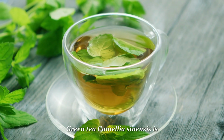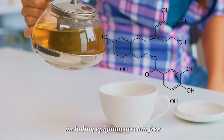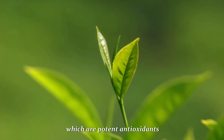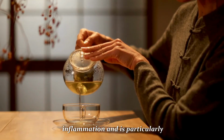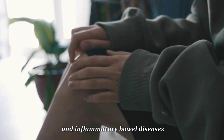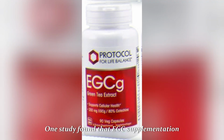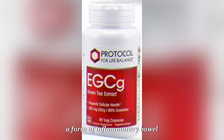7. Green tea. Green tea, Camellia sinensis, is packed with polyphenols, including epigallocatechin-3 gallate, EGCG, which are potent antioxidants. Studies show that EGCG can reduce inflammation and is particularly beneficial for inflammatory diseases like osteoarthritis, rheumatoid arthritis, and inflammatory bowel diseases. One study found that EGCG supplementation significantly improved symptoms in patients with ulcerative colitis, a form of inflammatory